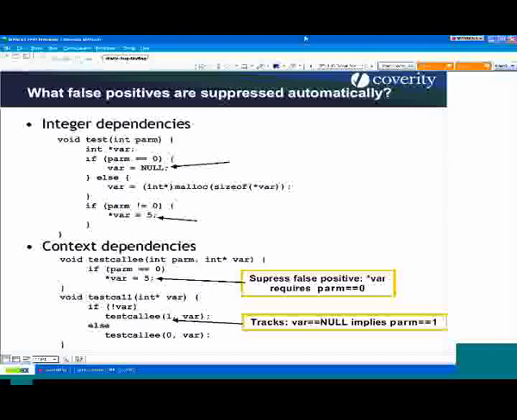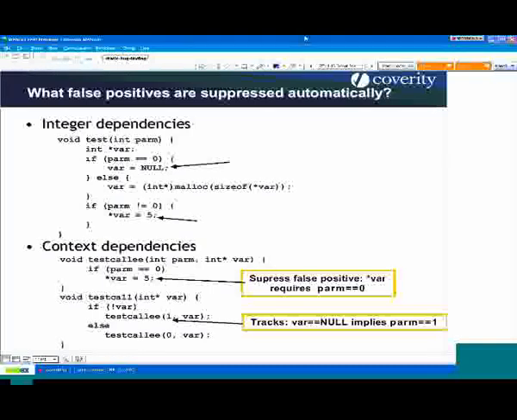So what this means here is, if we look at the first piece of code, test, if we're not very clever, we run a check over this piece of code, and we say that, oh, actually, var gets assigned null, and then var gets dereferenced at the end of that test function, and that's a bug. But if you're a bit more clever and you look at this, you realize that can't really happen because var is only assigned null when parameter is equal to 0, and var is only dereferenced when parameter is not equal to 0. So the tool tracks this sort of thing. What were the constraints on something when it was in a certain state?